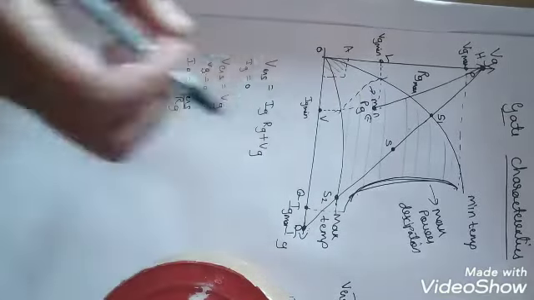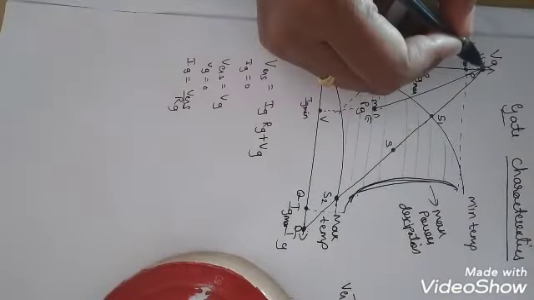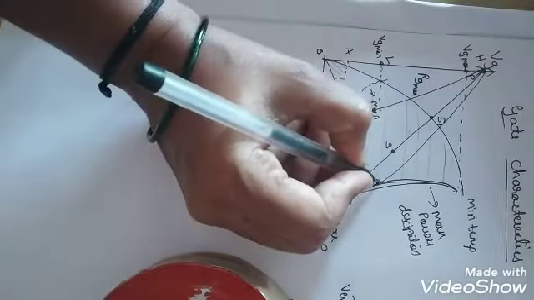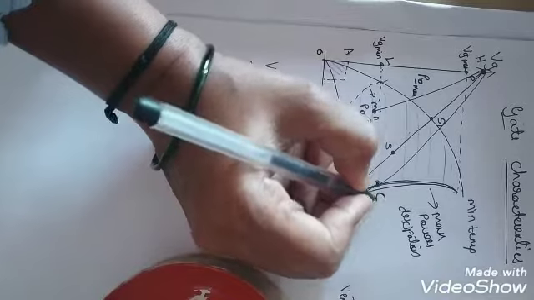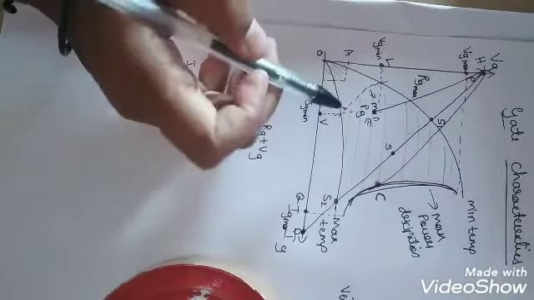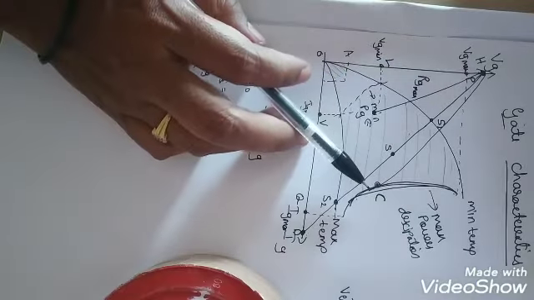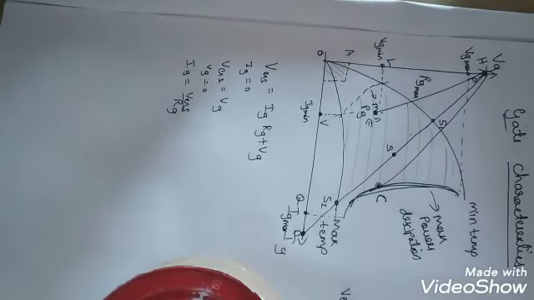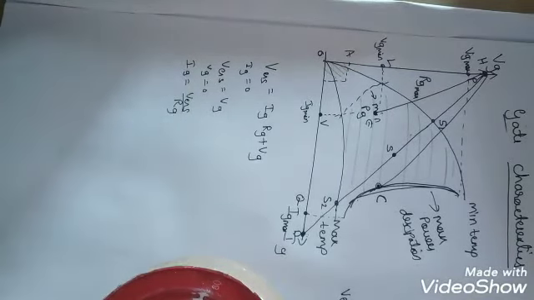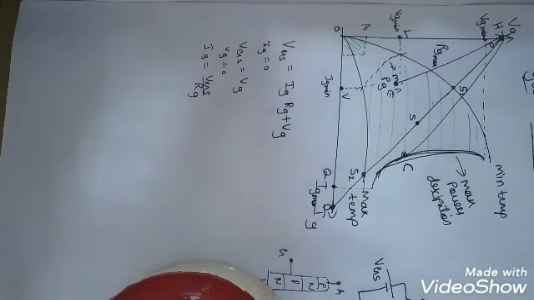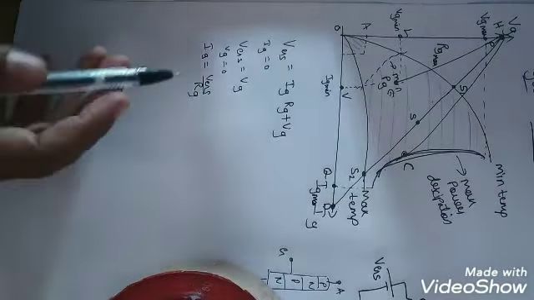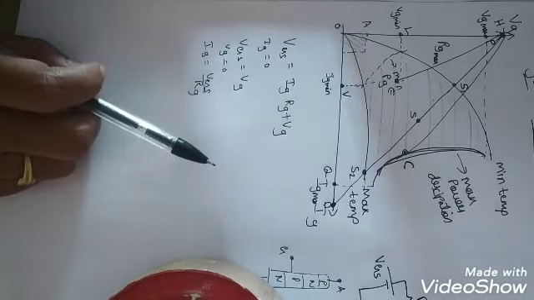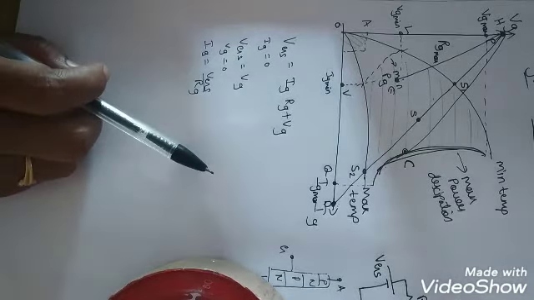Then the minimum value is found by drawing a tangent line to this curve. Suppose you call this a tangent line, then I call this point C. So this is the range, that is HE and HC. Between these two only, we need to apply the value of resistance for safe operation of the SCR. Now we calculated the value of RG as well as the voltage VG and the power within which we need to operate the SCR.